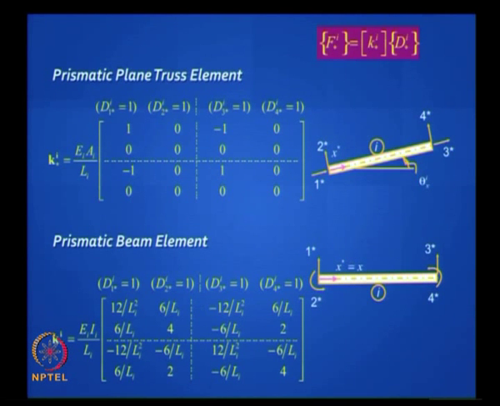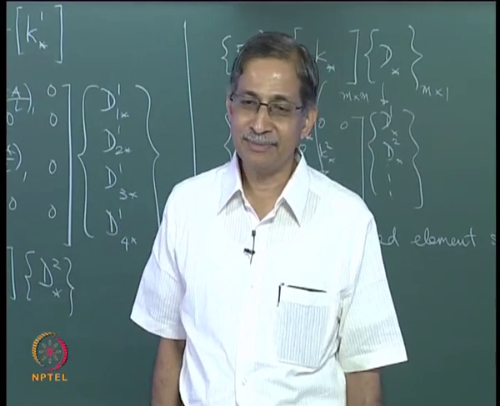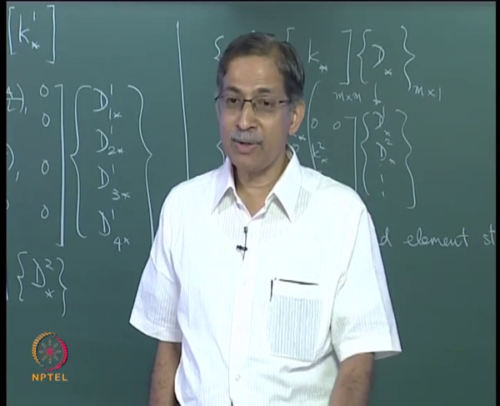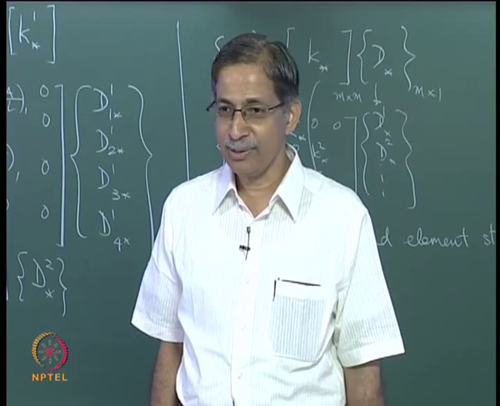In the last class we talked of 3 element stiffness matrices. One was for a truss element, same as the one I showed on the board. Second was for a beam element, but we said there is a problem with the rank of these matrices. What is the rank of the first matrix? 1. So the question is, can you find the inverse of the element stiffness matrix? Is it possible? No. Because it's singular, its rank is not full, so you can't invert it.